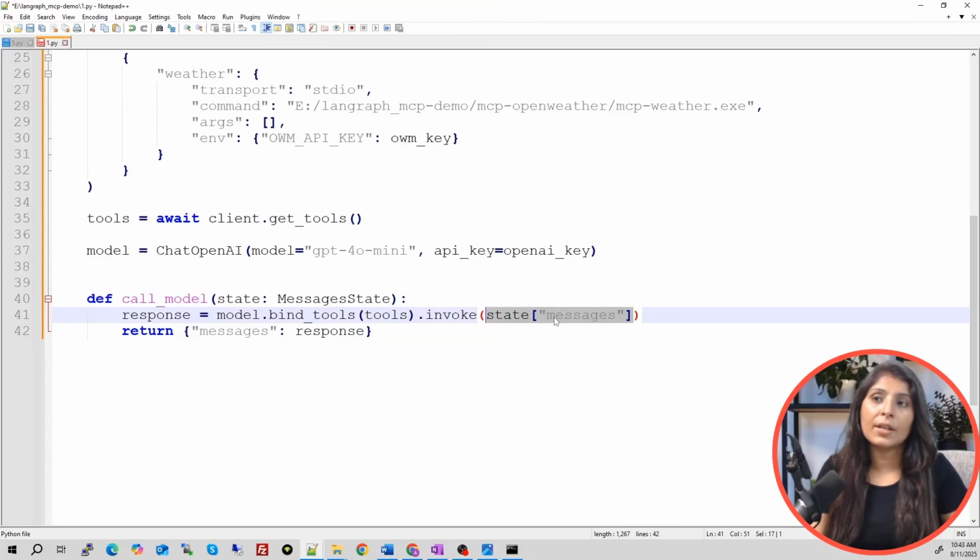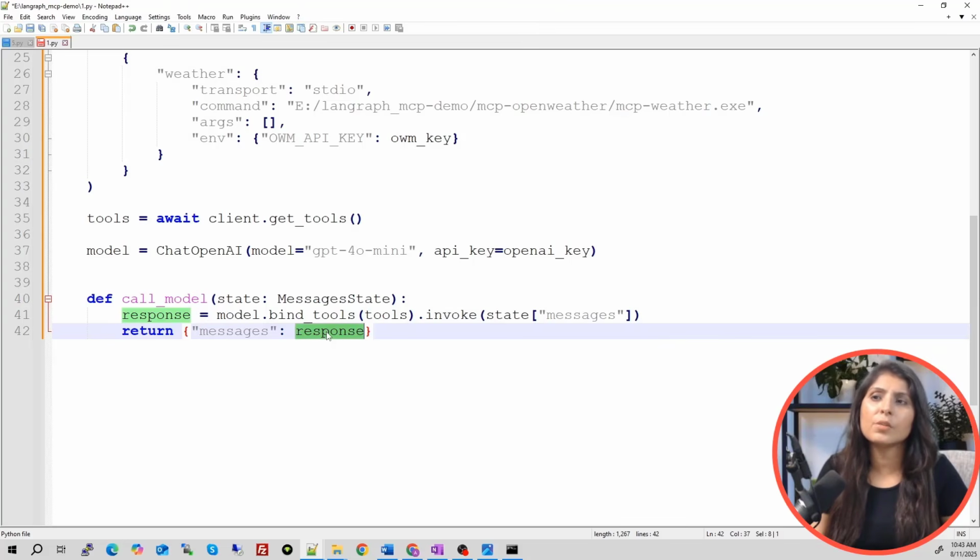And then we are binding the tools also. Now, when the user asks a question, the model will see if tools are needed, it will use the tool, and it will return the response. Okay. So this part is done.